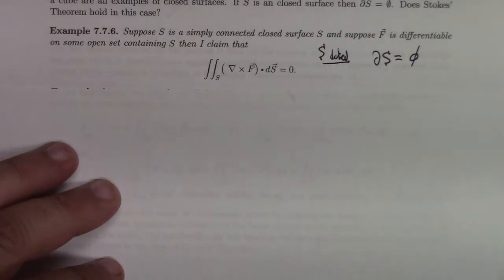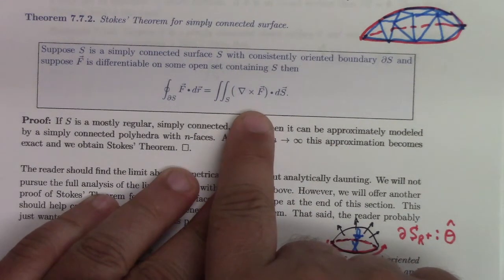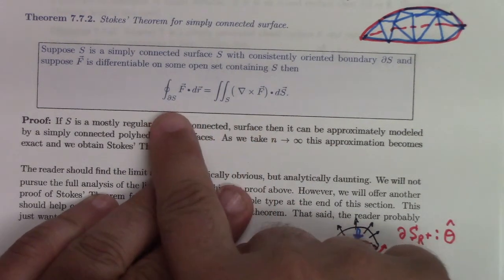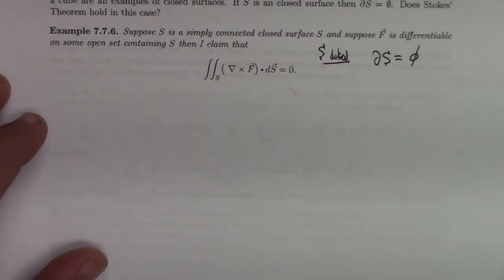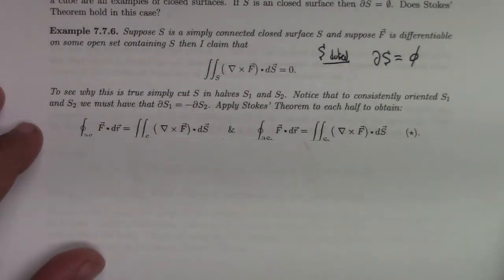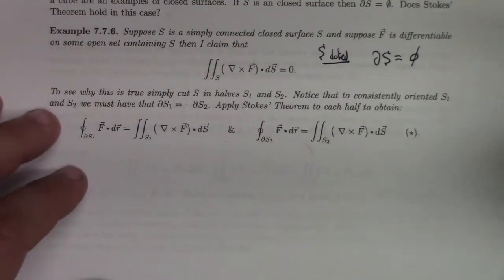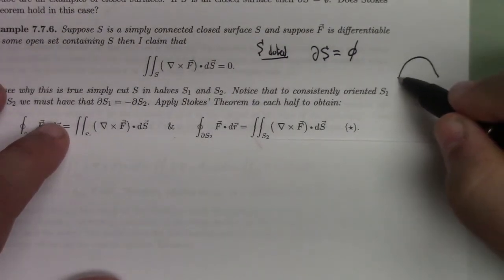So incidentally, that means that the formula we wrote for Stokes' theorem naturally extends to the case that the boundary is empty. Well, of course that's 0, right? So the integral of the flux of the curl over the surface is just 0 when the boundary is nothing, because if we integrate over nothing, you get nothing, which is 0. But anyway, the argument is you can take that closed surface and cut it into two halves, S1 and S2, and then when you look at the crosscuts, they're going to be oppositely oriented wherever those two surfaces meet together. This is just an example, but it's geometrically clear that if you take that closed surface, wherever it meets,